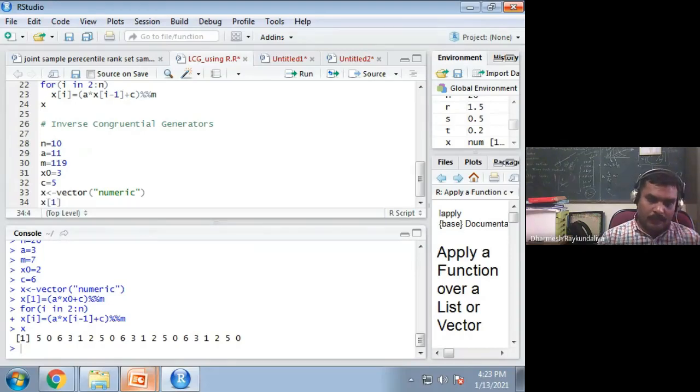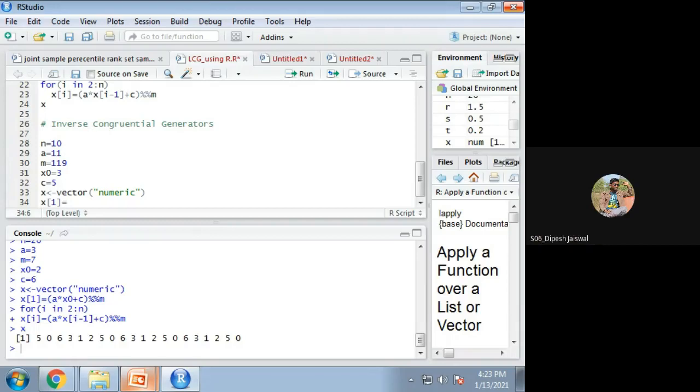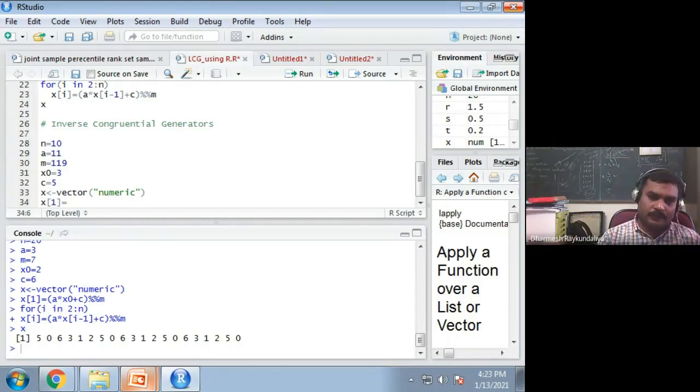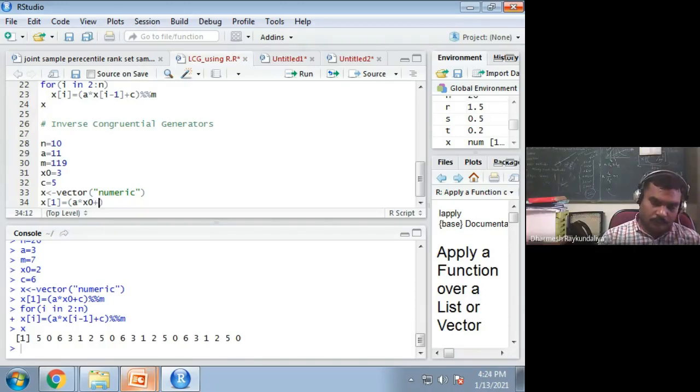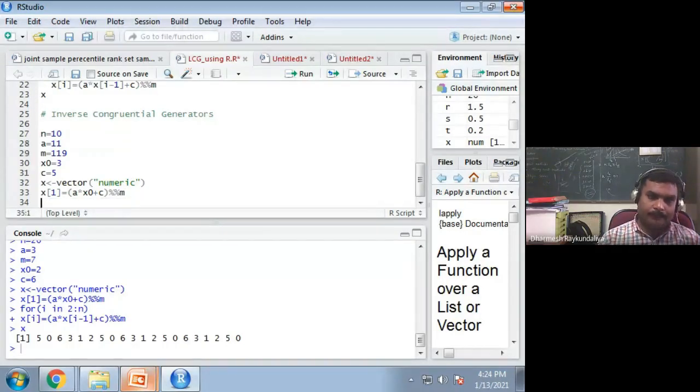In C++ the array starts from 0, but in R the array starts with 1. So x0 has no meaning. So here a into x0 plus c, modulo m.